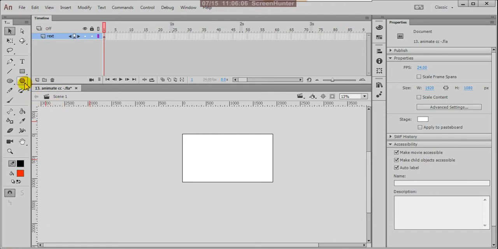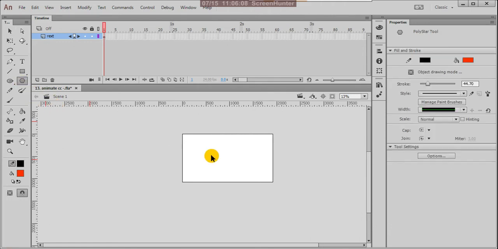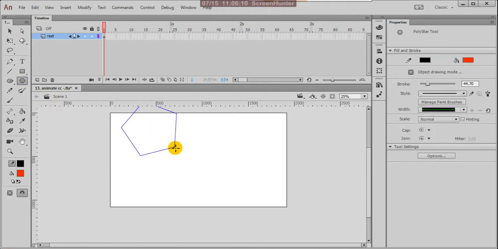Next, the other tool is the polygon tool. This is also one of the tools from Animate CC. You can draw your polygon shapes here. This is a polygon shape.